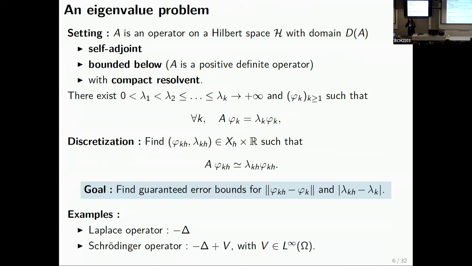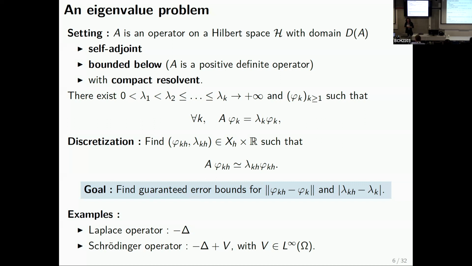Okay, so just to give a little bit of the setting on the mathematical setting of our problem. I will consider a given operator that I call A, which is basically in the context of chemistry minus Laplace plus our potential, which is self-adjoint, bounded below. For simplicity, I will just shift the operator so that it becomes positive. And also it needs to have compact resolvent for the bounds to be valid. So in practice, this means that there exists a sequence of eigenvalues going to infinity and corresponding eigenvectors satisfying the